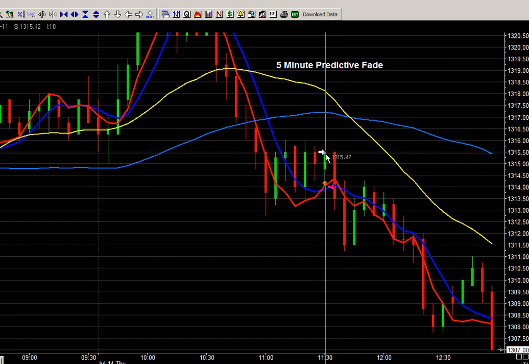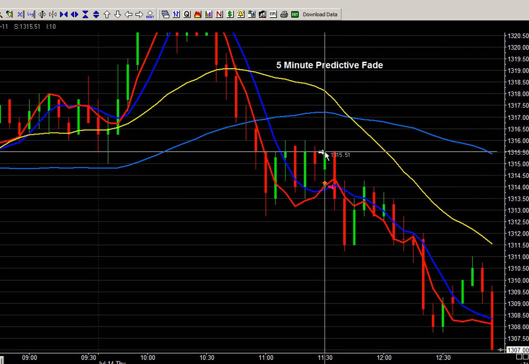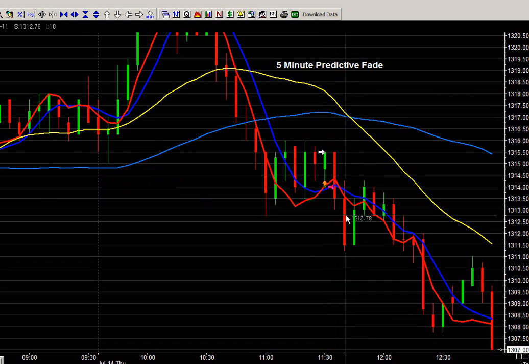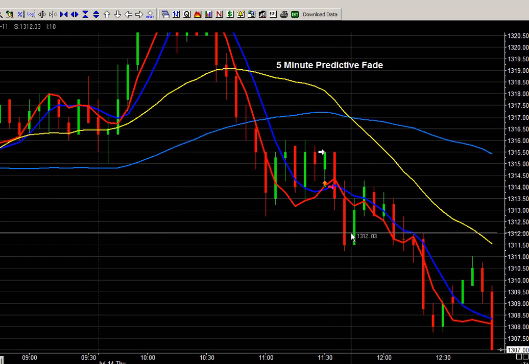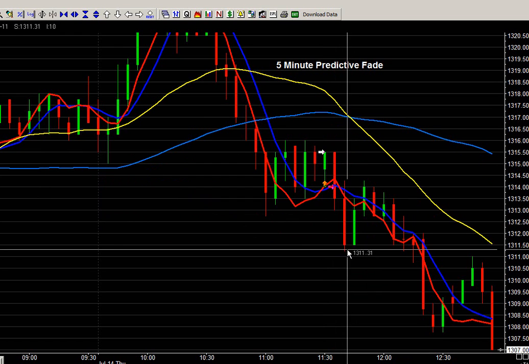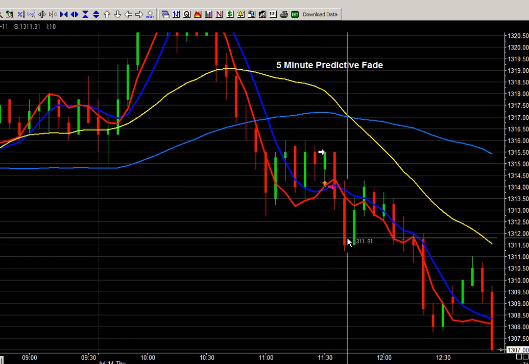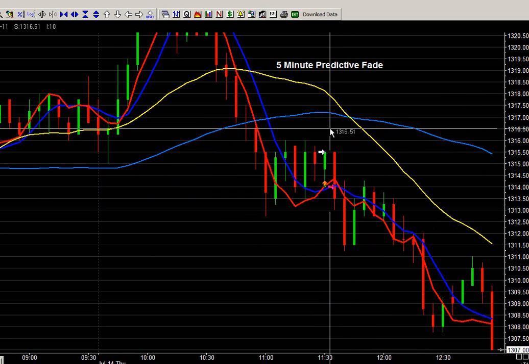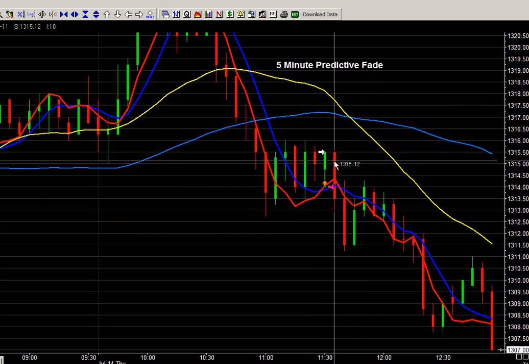So what we're looking to do at the end of the 5 minute, when the signal is created, instead of going long here, is go short, expecting the market to come down. And that's how simply the 5 minute fade works. So we're just going to go short instead of long in this case. And how we distinguish whether this one's worth going as a 5 minute trade or as a 5 minute fade